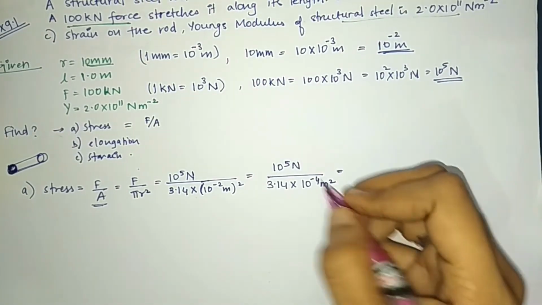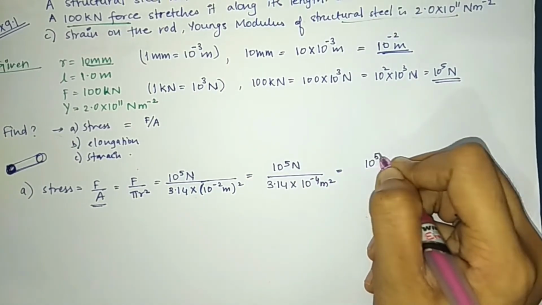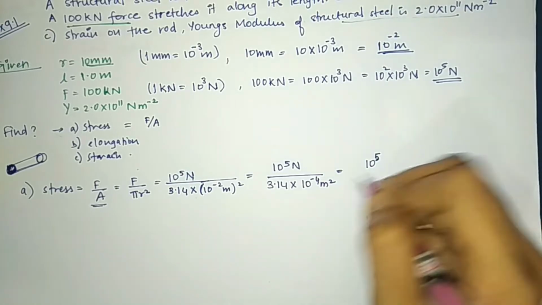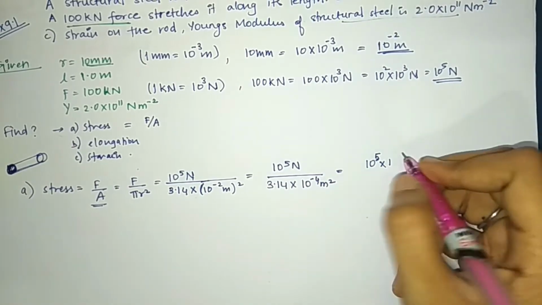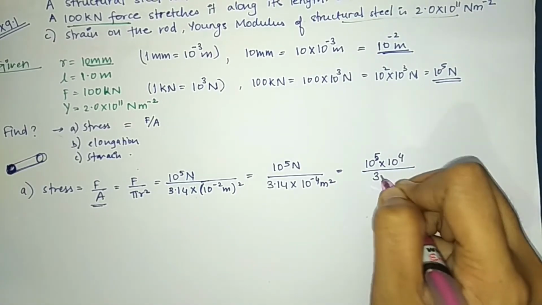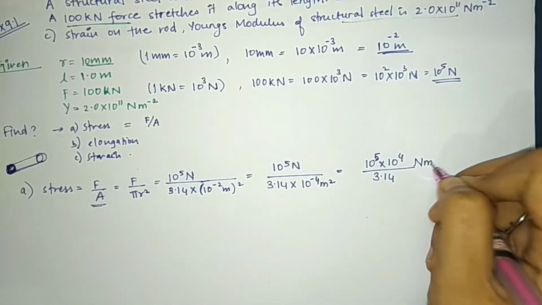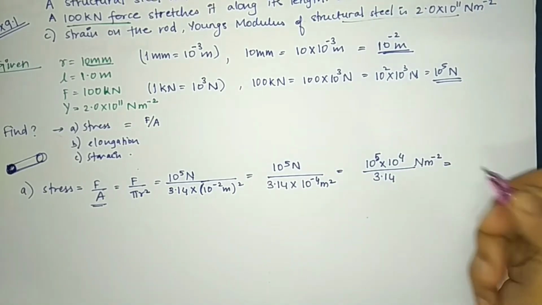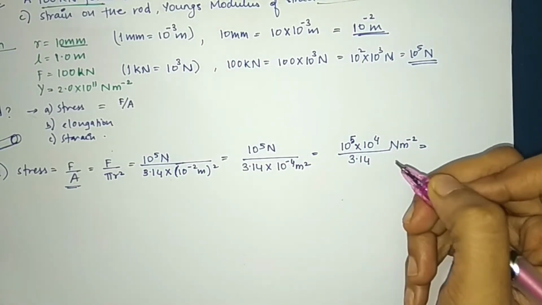Let's do the 10 power, so it will be easier for us. So it is 10 raised to 5. This comes up as 10 raised to minus 4. When it comes to the numerator, it becomes 10 raised to 4 divided by 3.14. And what is the unit? Newton per meter square. So when I do 1 upon 3.14, I get it as